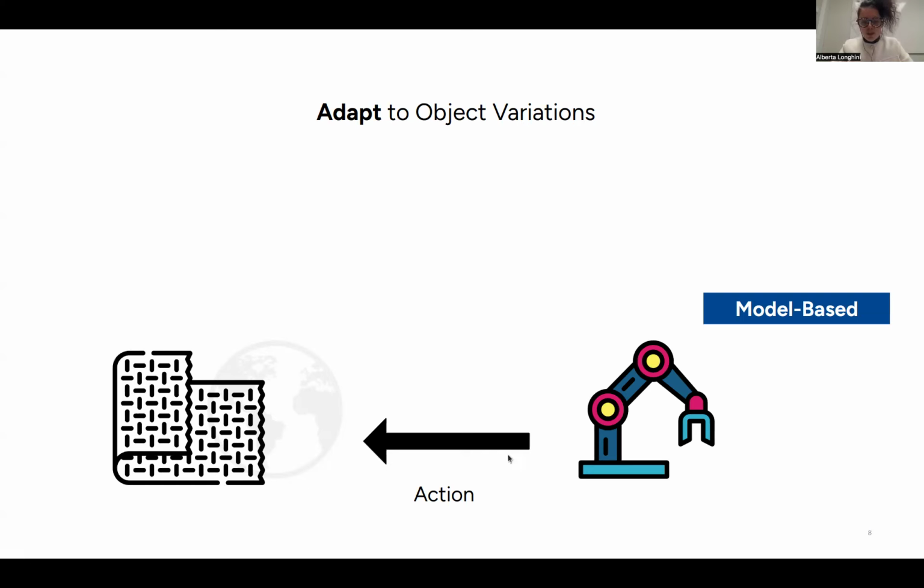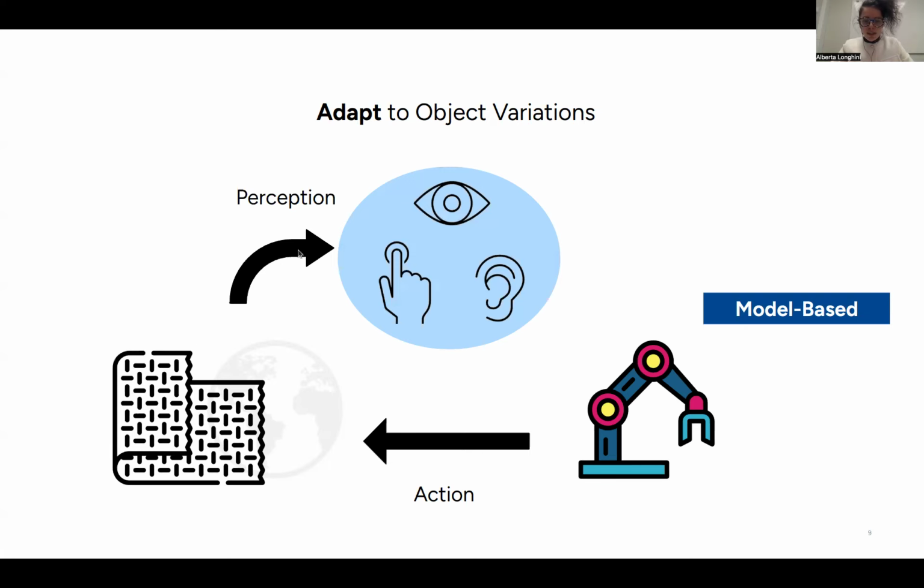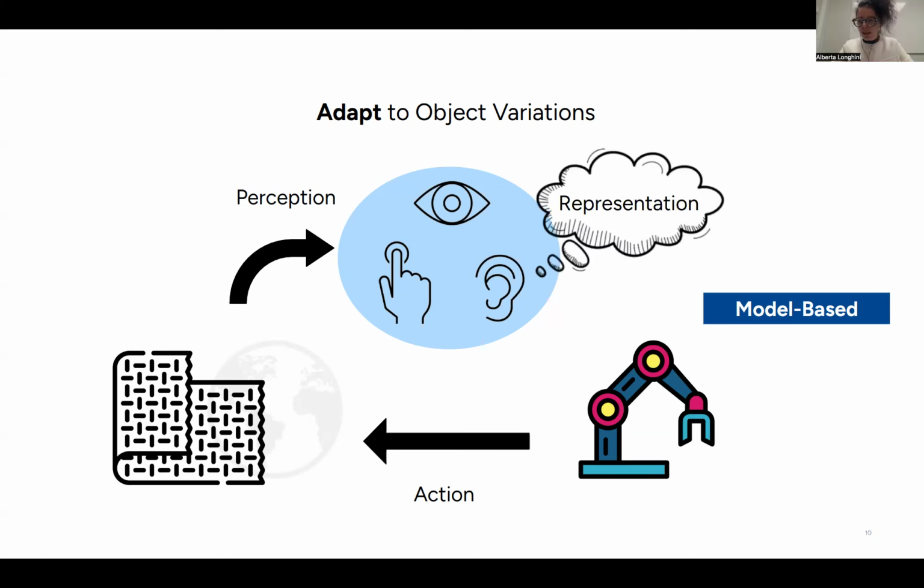And once we have a way for the robot to interact with the real world, then it's important that the robot perceives the feedback provided by the world, so the world can manifest through image observations or depth observations. So the robot must possess the capability to perceive, for example, what type of objects or what the properties of the objects are, in order to adapt to the variations of these textiles. This is an important module. Perception is fundamental because the robot needs to have an understanding of the world that surrounds it. And along with this perception is finding a suitable representation. So the robot needs to have a way to represent the world